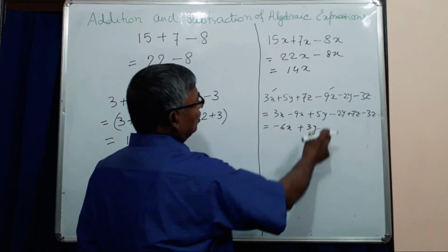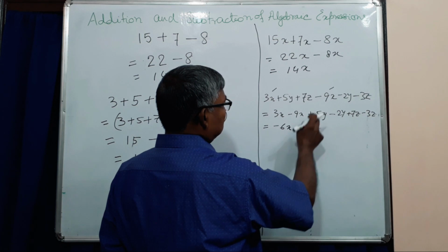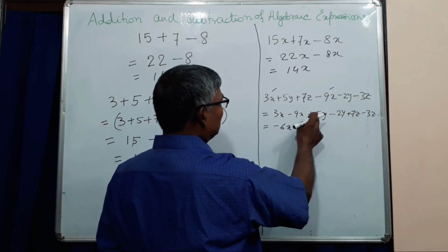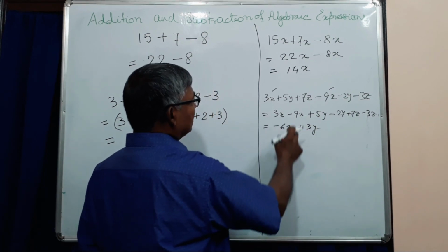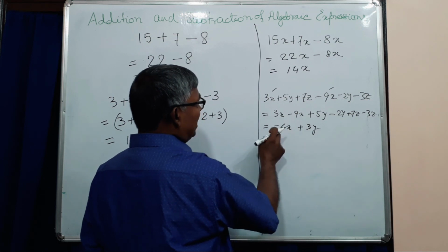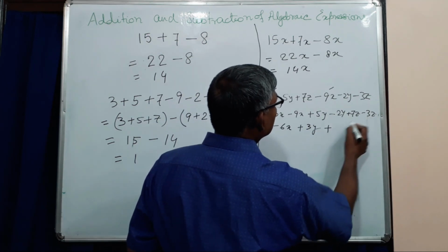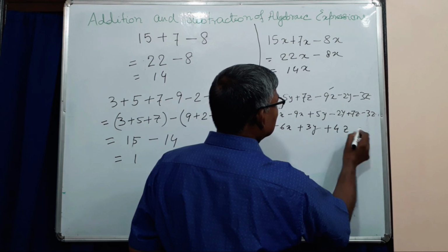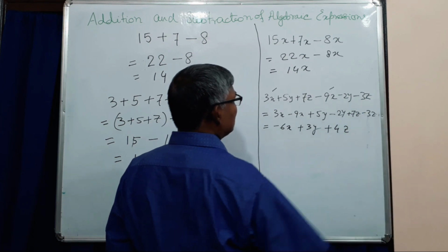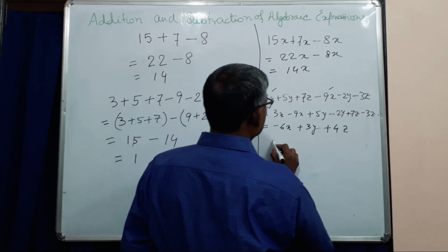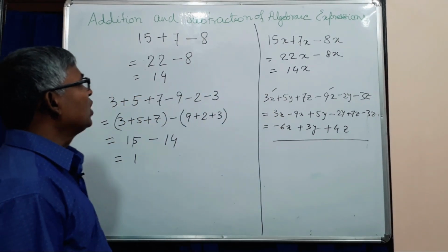Here is the rule. When there is a difference of sign, it will be subtraction. And the sign of the larger value will be the sign. Here 9 is greater than 3 and sign of 9 is minus. So it will be 6 and here it will be 3 and we can write 4z because 7 minus 3 is 4 and z is the variable. So in horizontal addition, in this way we will solve.